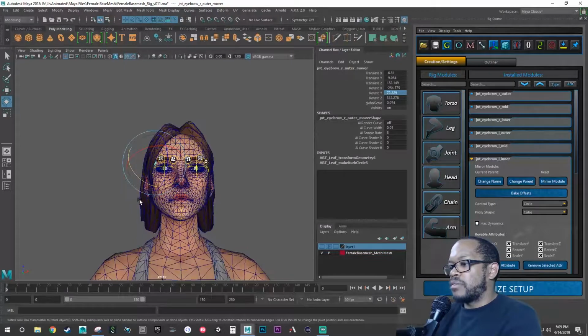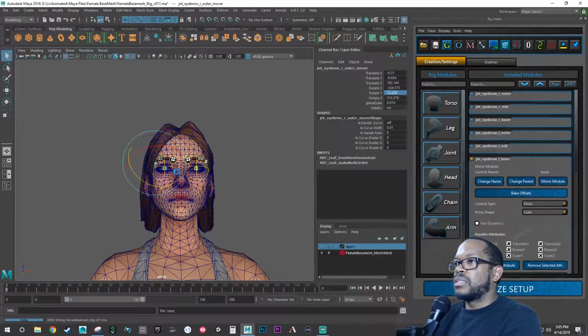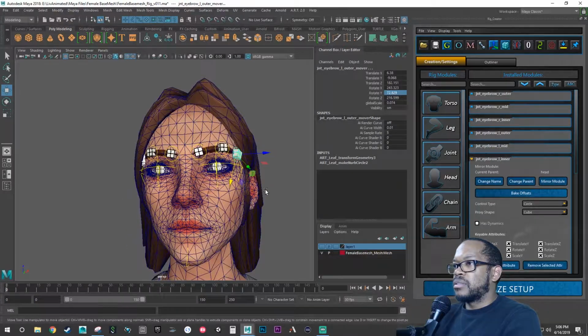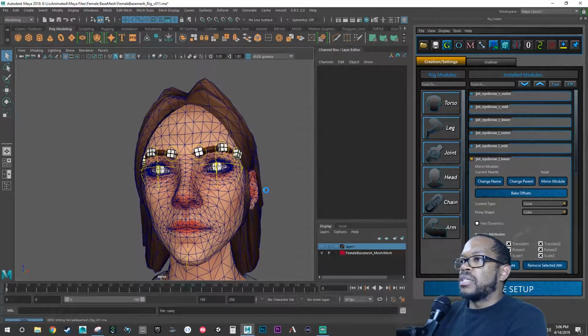All right, let's save our file. And then let's select both and move them just to make sure everything's moving how we expect it. Okay, save it again. So that's what we have for